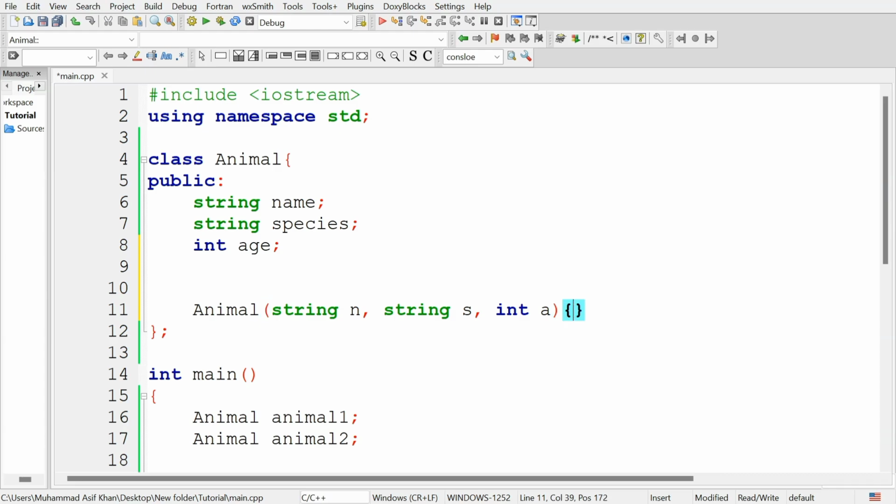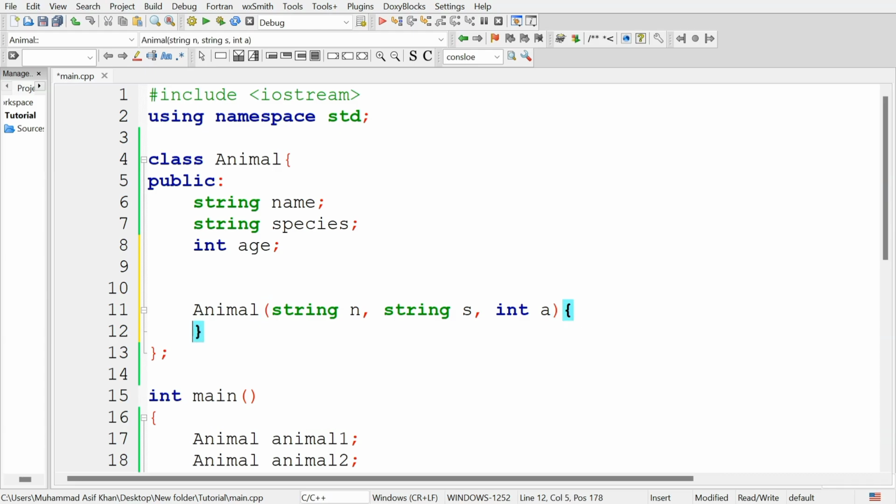And in this constructor, set the values of these attributes, and these attributes will be given the values that we will provide as arguments to this constructor function.